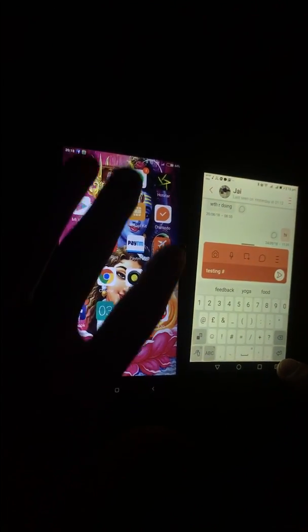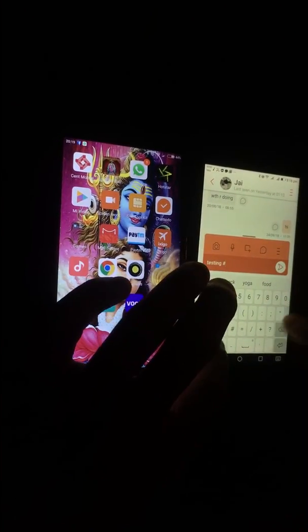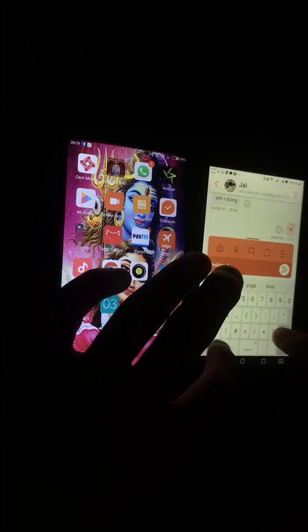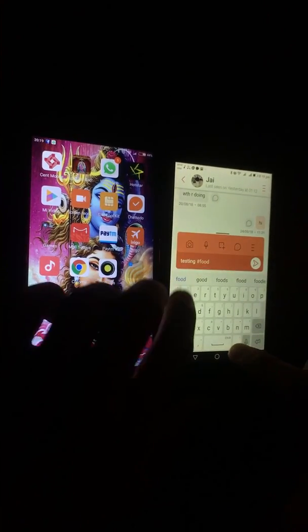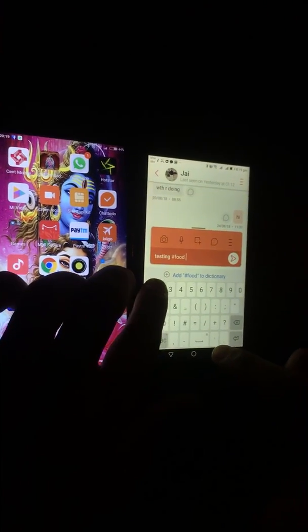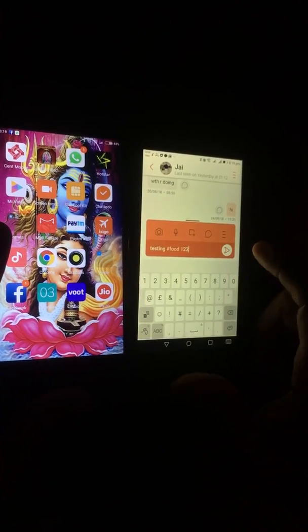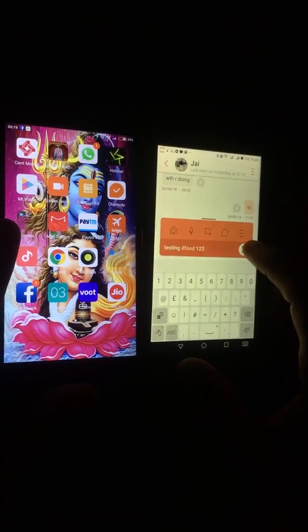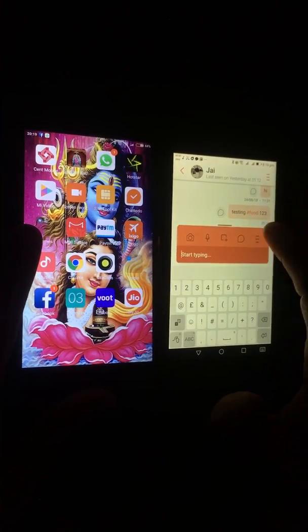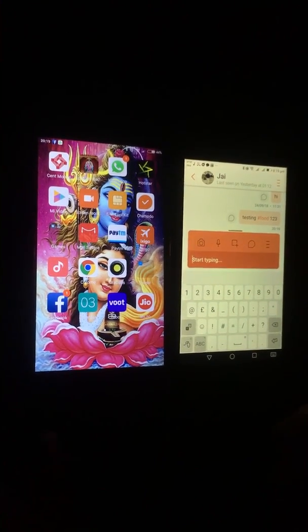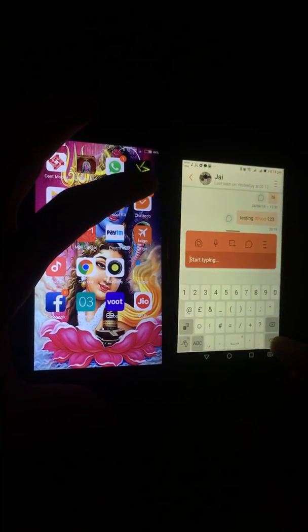She's on a usual screen. Testing hashtag food, and then I write 1 2 3 for recognition, and I send this message to Jay. Now this is collected into the collection called food.